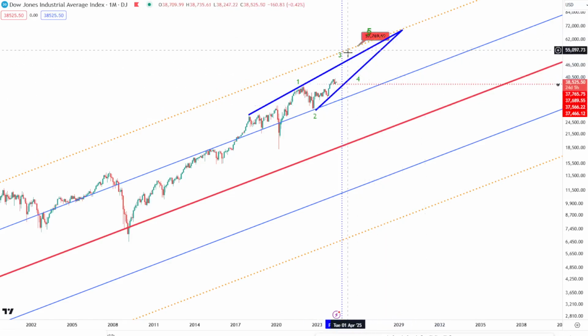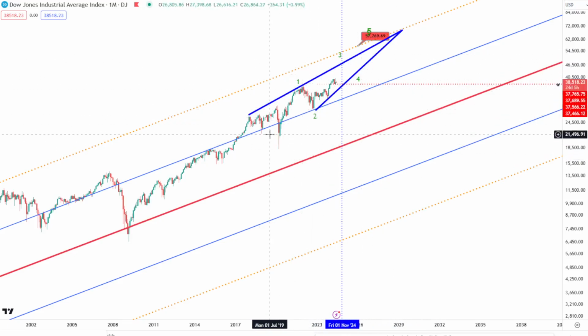Okay, so I do expect a pretty big sell off in stocks when that finally occurs, and I'm looking at potentially 2026 for that to occur. Crypto, on the other hand, may be supported by the fact that it's more resistant to inflation. So we might get a lot of money shifting from fiat into crypto when inflation starts to go through the roof. So yeah, this is the general outlook from a fundamental point of view,